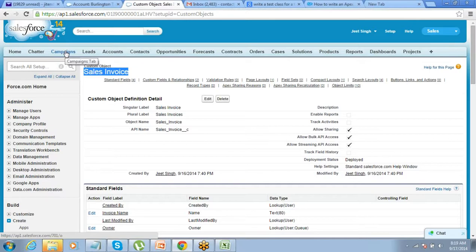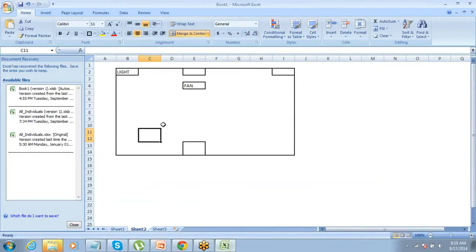Now if you put a switch to a fan, does it mean your switch and fan are the same thing? No, right? Switch is different, fan is different. That is the difference between a tab and an object. Got it? So the tab is just a part of the interface or the UI, and your object is the backend actual table. Got it? So now let's go and create a tab.